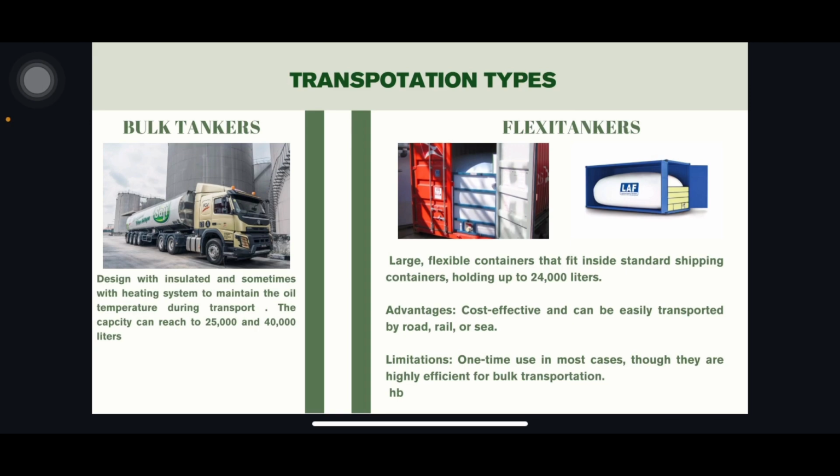And the next one is flexi tankers. The flexi tanker is a very large, flexible container that fits inside standard shipping containers, holding up to 24,000 liters. The advantage is that it is very cost effective and can be easily transported by road, rail or sea. The limitation is that it is one-time use in most cases, but they are highly efficient for bulk transportation. There are many more varieties of transportation, but this is one of the transportation types that they use to store the